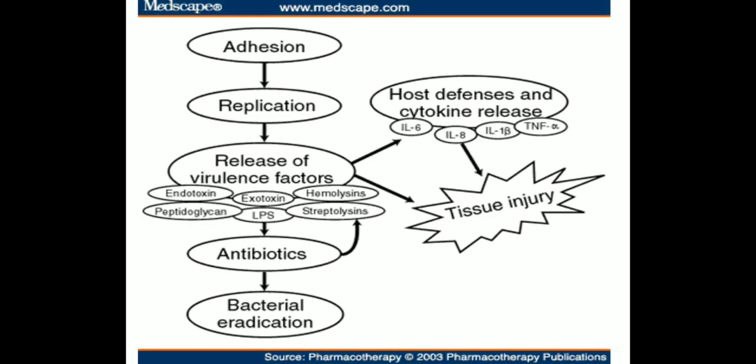So, my friends, this is a nutshell of the pathogenic processes. The organism binds, replicates, releases these virulence factors, and causes an infection. Once the virulence factors are released, you have two effects. It can directly cause a tissue injury, or it can indirectly activate the host defense mechanisms. They can modulate the immune response of the host and release a lot of chemical signaling molecules called cytokines. Once these cytokines are released, sometimes they can be detrimental to the host itself. So, to eliminate these organisms, we require antibiotics, and once the antibiotics are used for the right indication, in the right patient, in the right dose, at the right time, then you have a situation where we can eliminate the